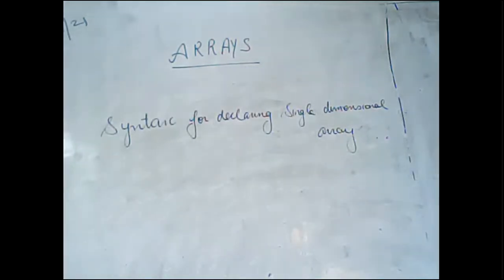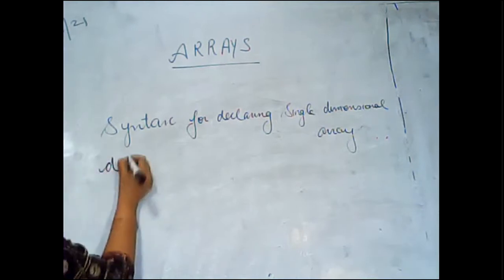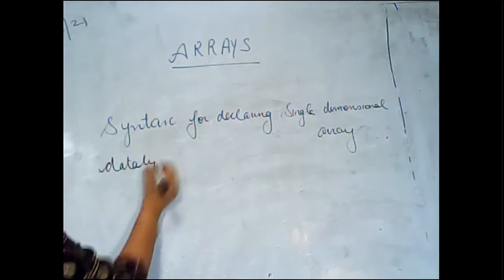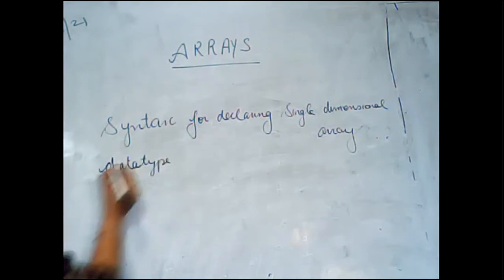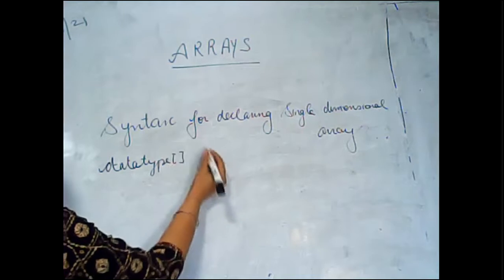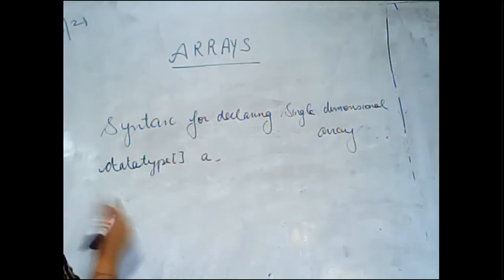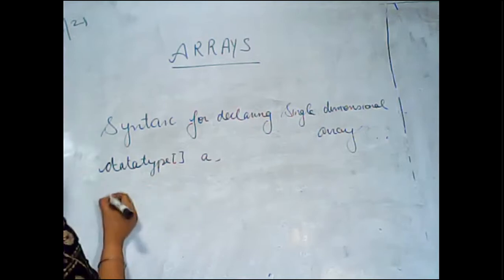Okay, so we can declare a single dimension array like this. First of all, we need to write the data type over here. Okay, then the variable name, that is the array variable, like A. You can also write it like this: data type